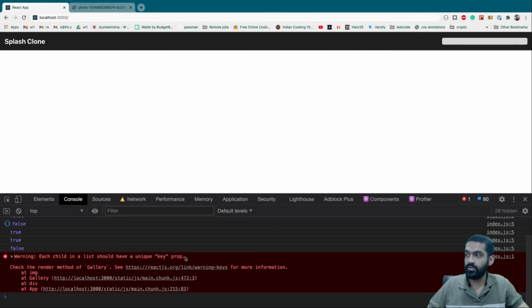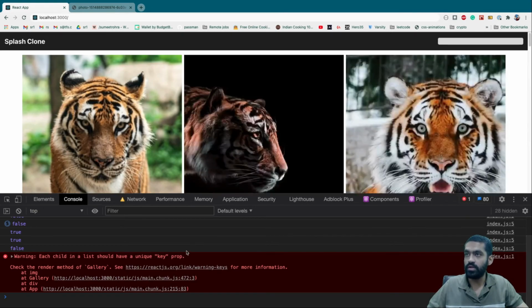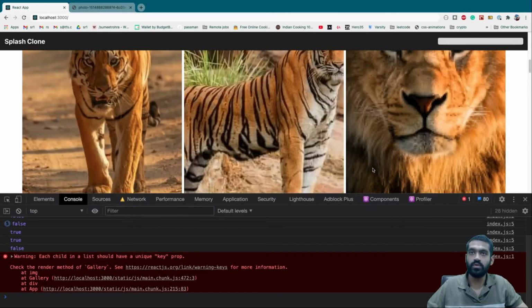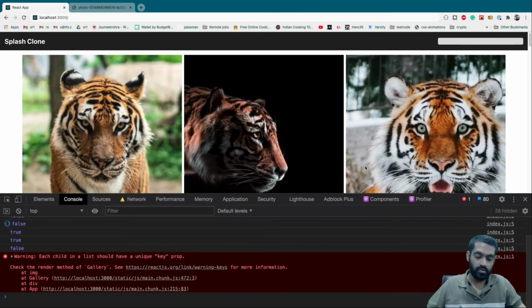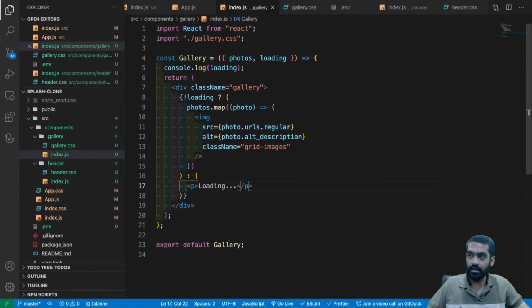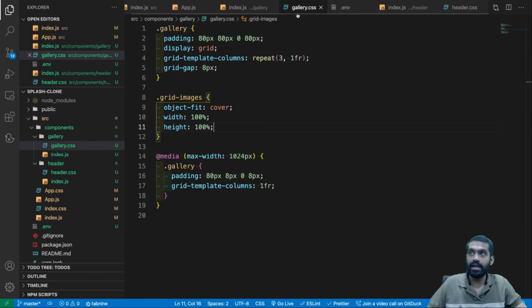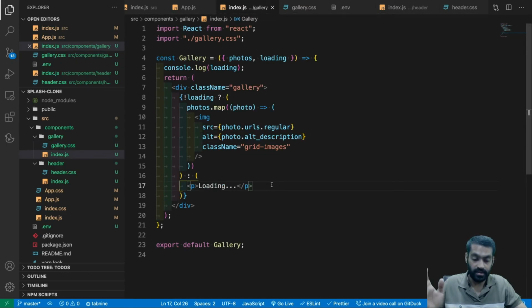Each child should have a unique key prop. It's a warning. Okay, I'll show you what this warning is. Okay, but the tigers are loading up, right? Instead of a p, you can have an animated div here with a loading circle. This I gave you as homework. You can animate the whole thing here in this gallery.css and take care of that.